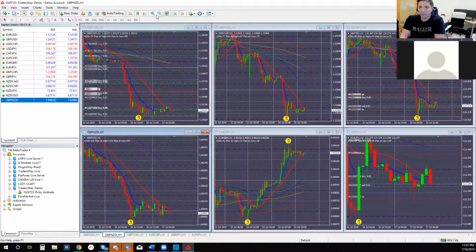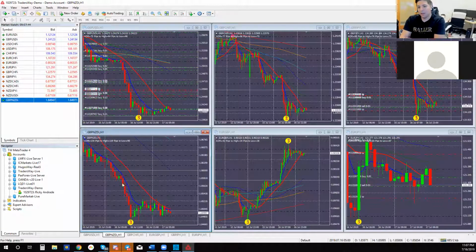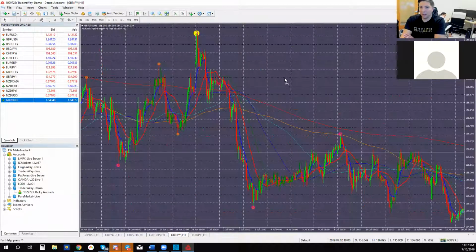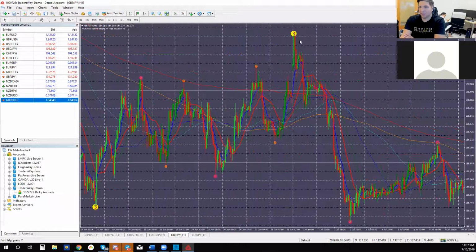And by the way, with these charts right here, pretty much the way that I use them is, me and the team, anytime we see a 3, that's pretty much expecting to have a reversal. So if you can see, the main currency pair is GBP. There's a 3 at the bottom, which means there's a chance it's going to be going from a downtrend to an uptrend. If I look back, just to show you guys past stuff that's happened, we see a 3